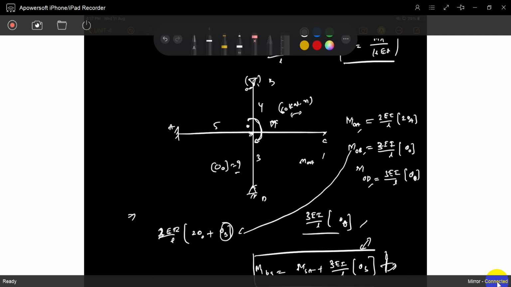Sir, this C condition, what is that? There is no support, so there is no resistance. If there is no support, there is no resistance. Is any resistance required? No resistance is required. Whether it is there or not there, there is no difference at all. Do you understand? It is just free. It rotates freely. There is no moment required to rotate. Do you understand? So that's it.